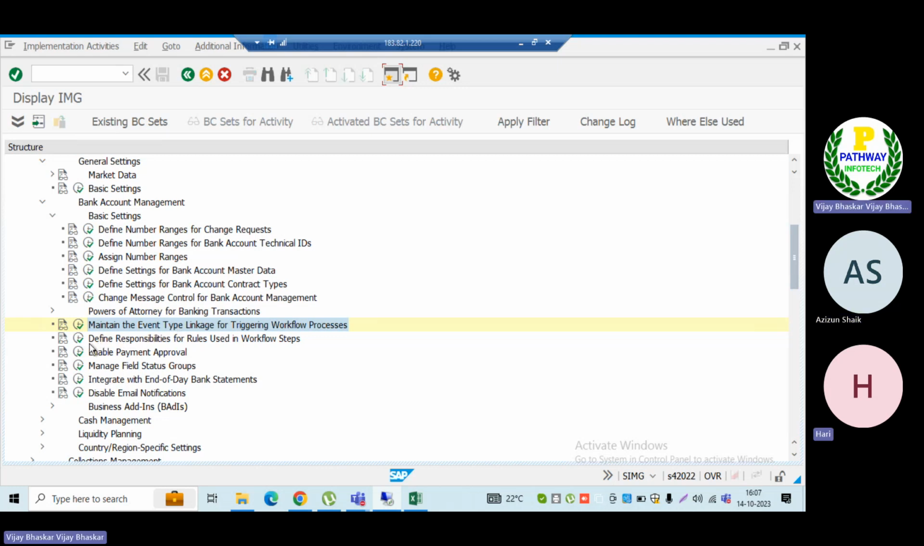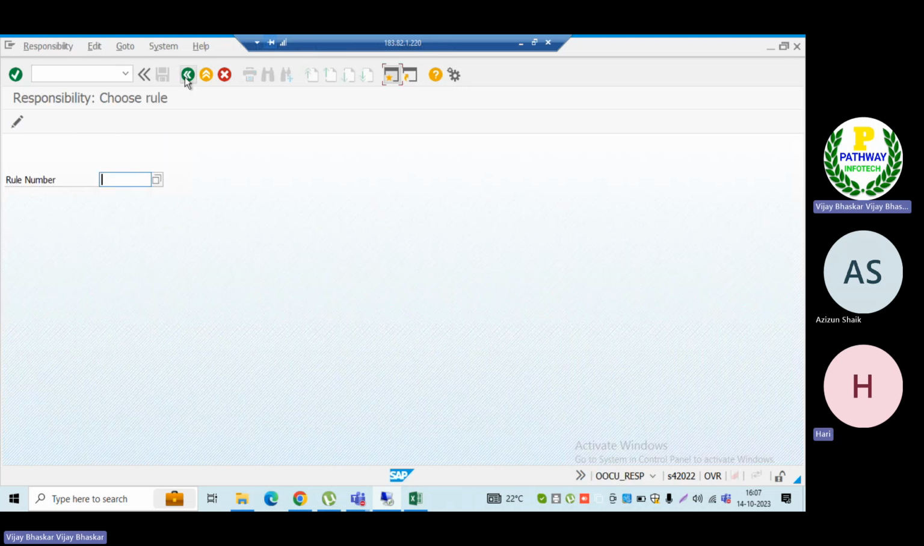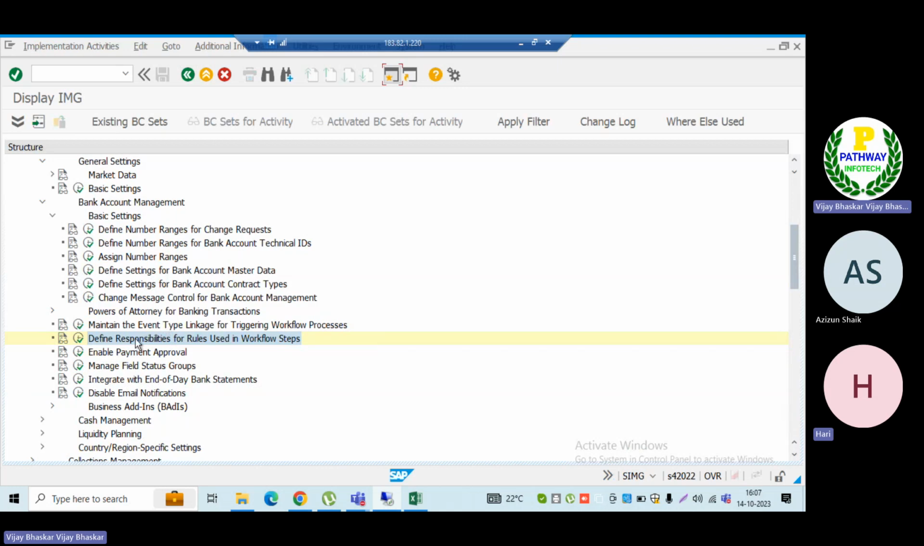Define responsibilities, rules, and user workflow steps here. This one, I'll come to later. This is where you will do the workflow configuration. But now